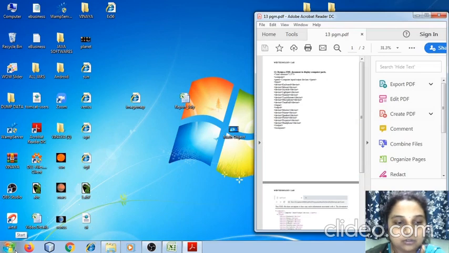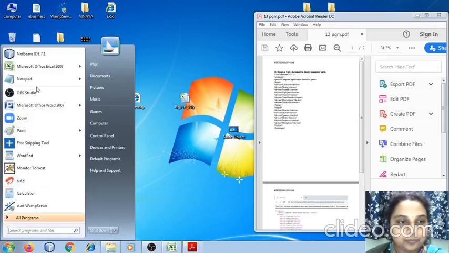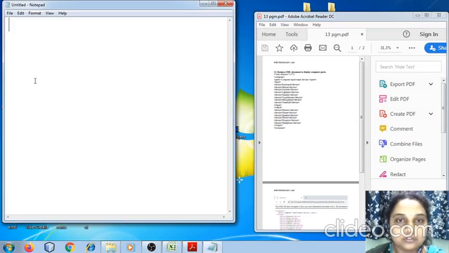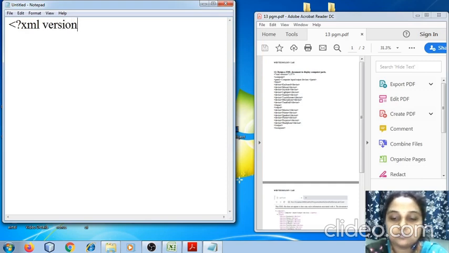Right. So the first thing I do is go to Notepad. Now we have to remember here we need not use the HTML because we are writing the program for XML. So first we are going to start with the XML version 1.0. Right.